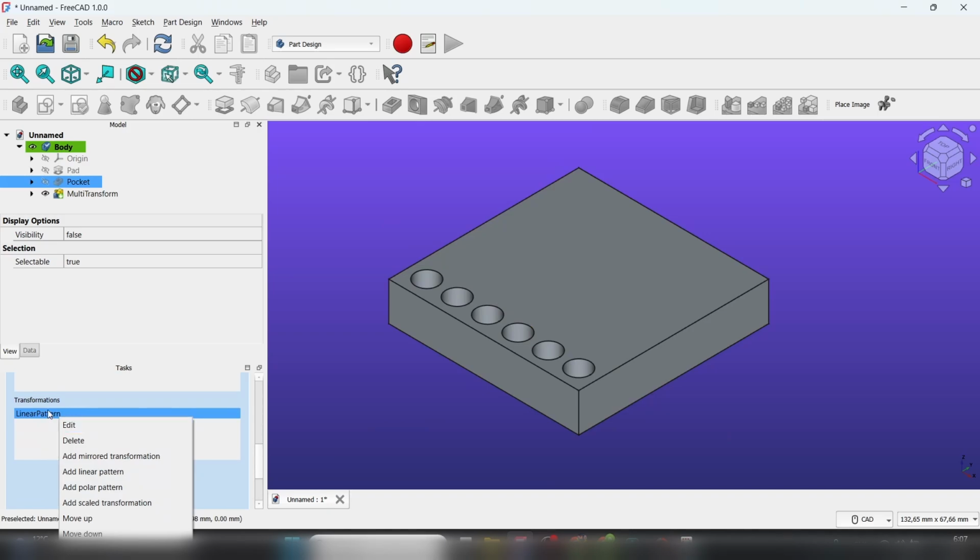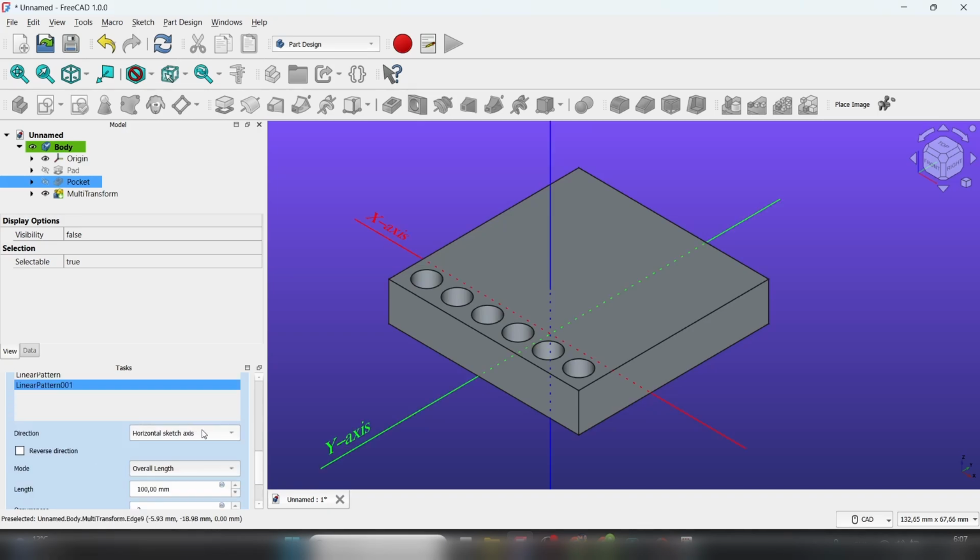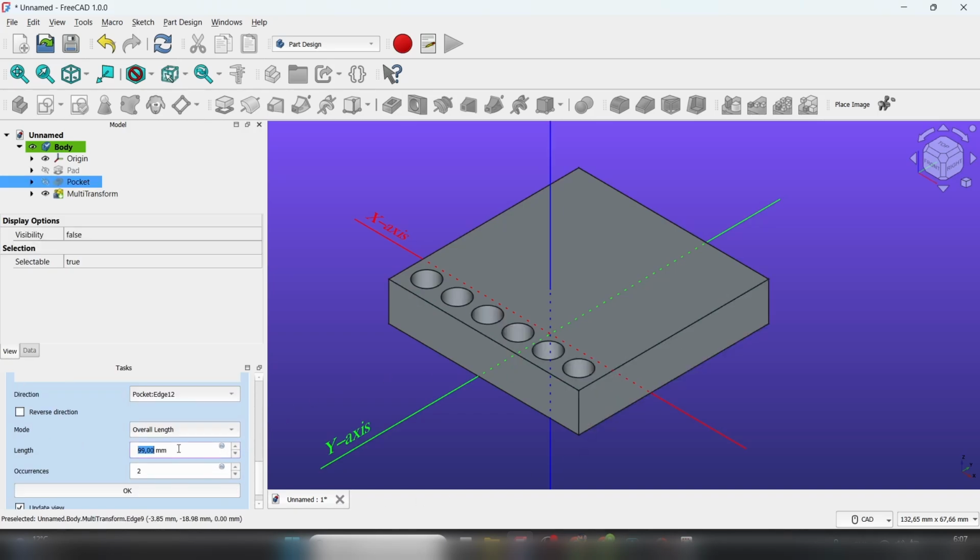Then again in the transformations, right click, add linear pattern. Now select the other edge, adjust the length, give it some more holes,